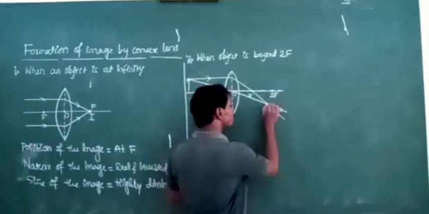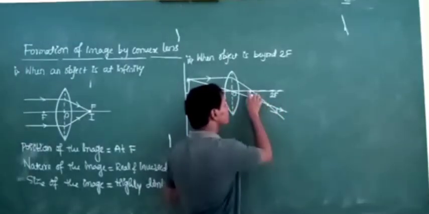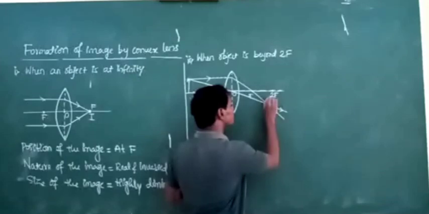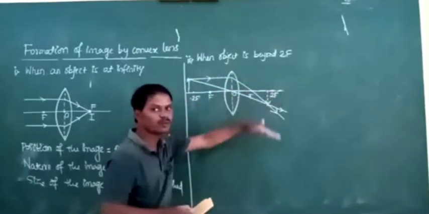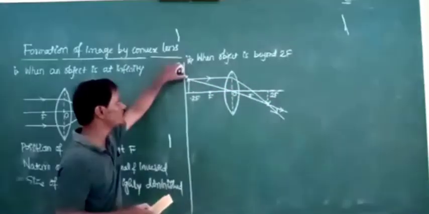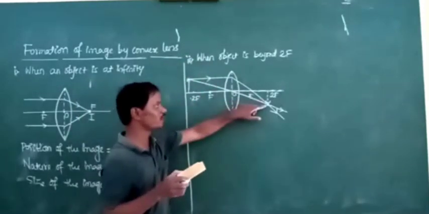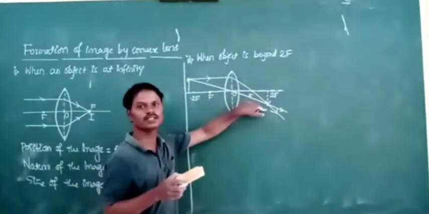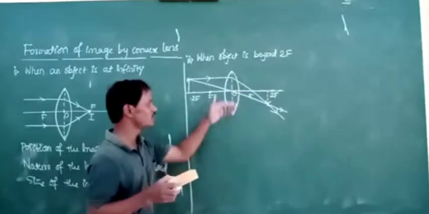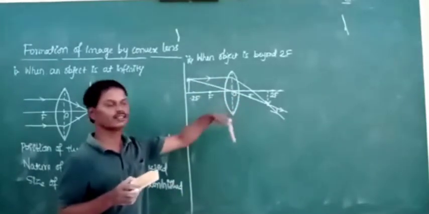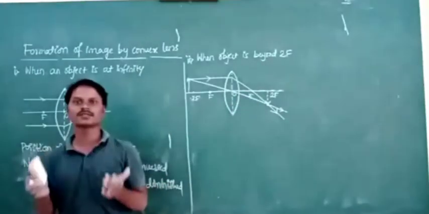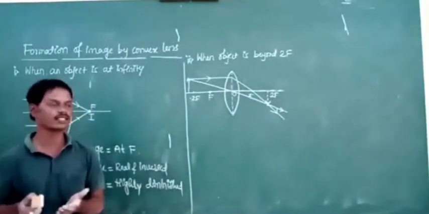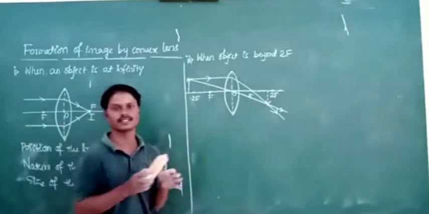The refracted rays meet in between F and 2F. Now you will get the image of the object here. Since the refracted rays meet downside, the head of the image of the object is down. Now the image is said to be inverted, and it is real because we can obtain this image on the screen while doing the experiment to find the focal length of the convex lens. We will observe all those things.